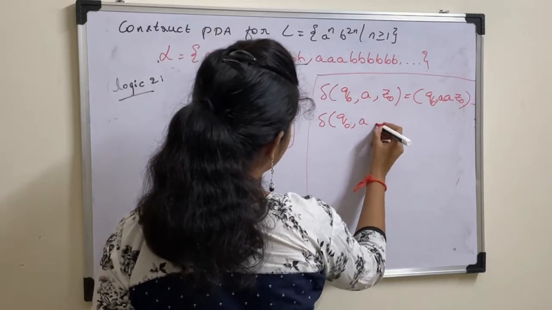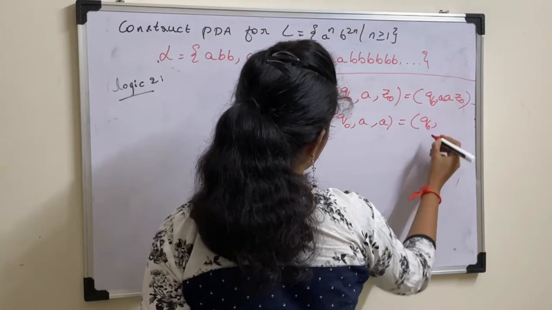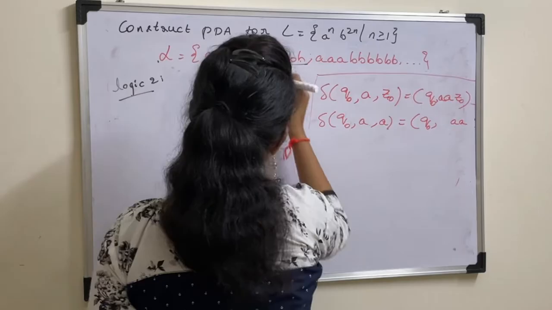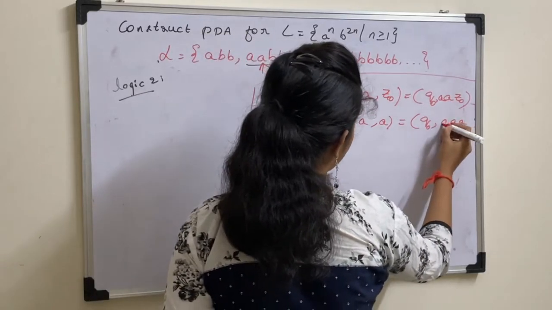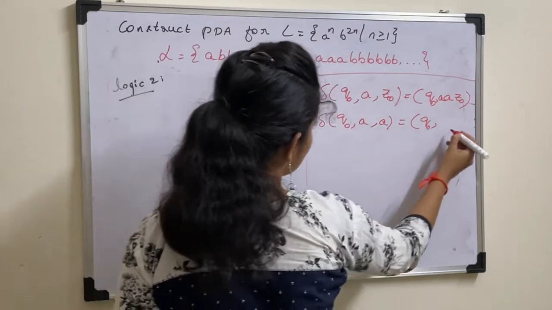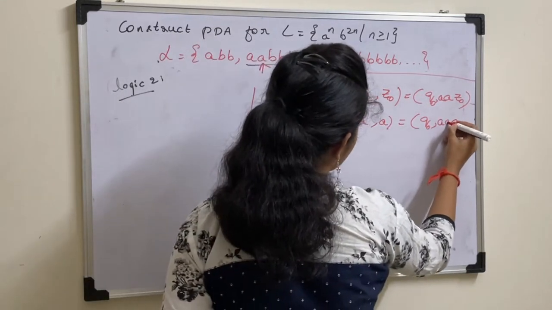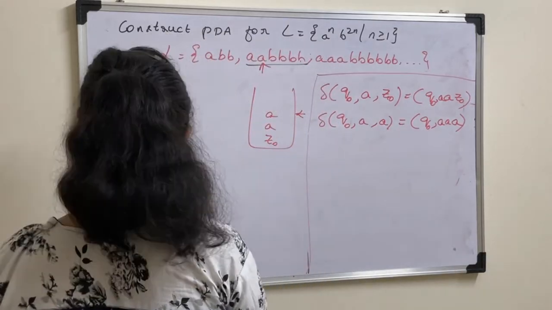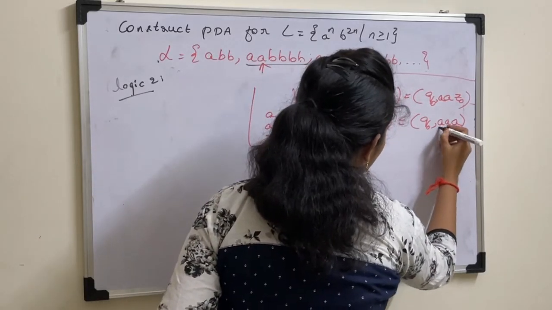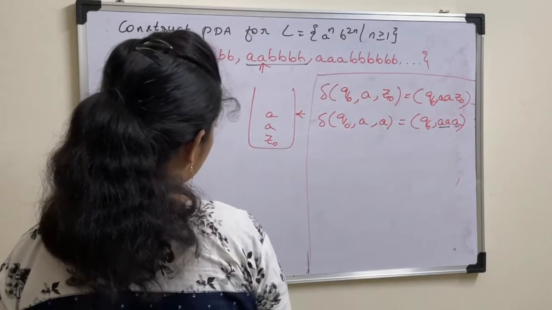Now for the second A, top of the stack is A. Here, the stack already contains 2 A's and now the input is A. Okay, see, here the top of the stack is A, take that A, for 1 A we need to push 2 A's, so we'll get a total of 3 A's on top of the stack. Understood? So this is the top of the stack and these two are the pushed elements. For 1 input we are pushing 2 symbols.